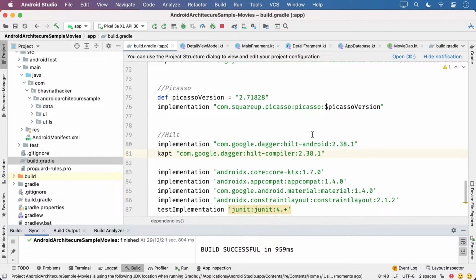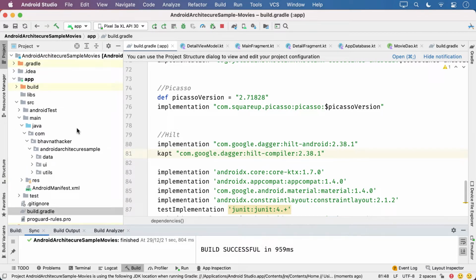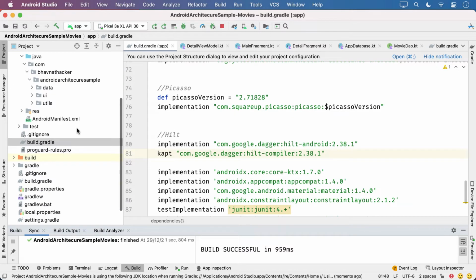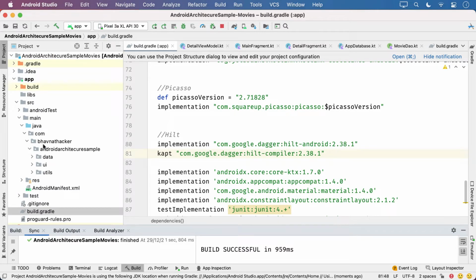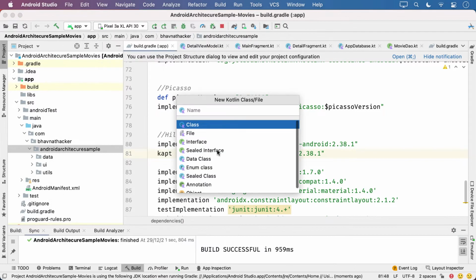Now the second step is to create your custom application class if you've not created one. Under the root folder, I will name it MoviesApplication.